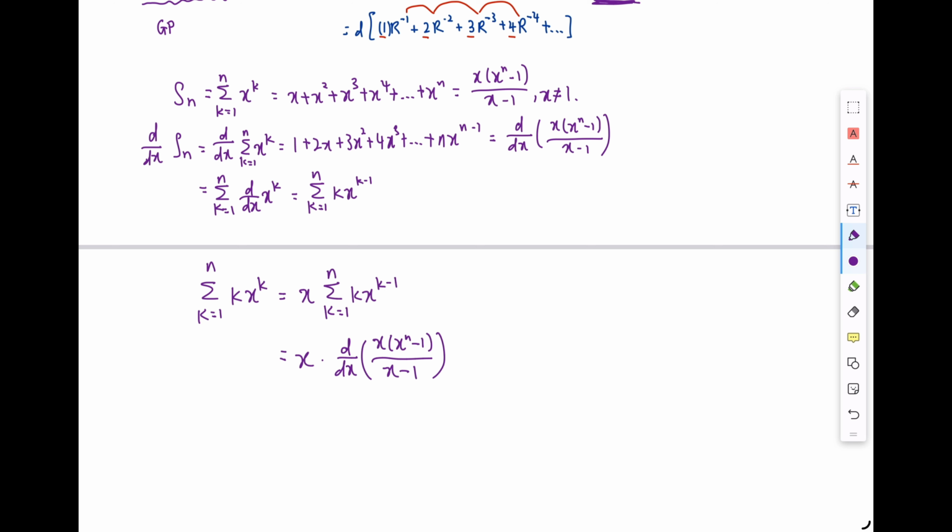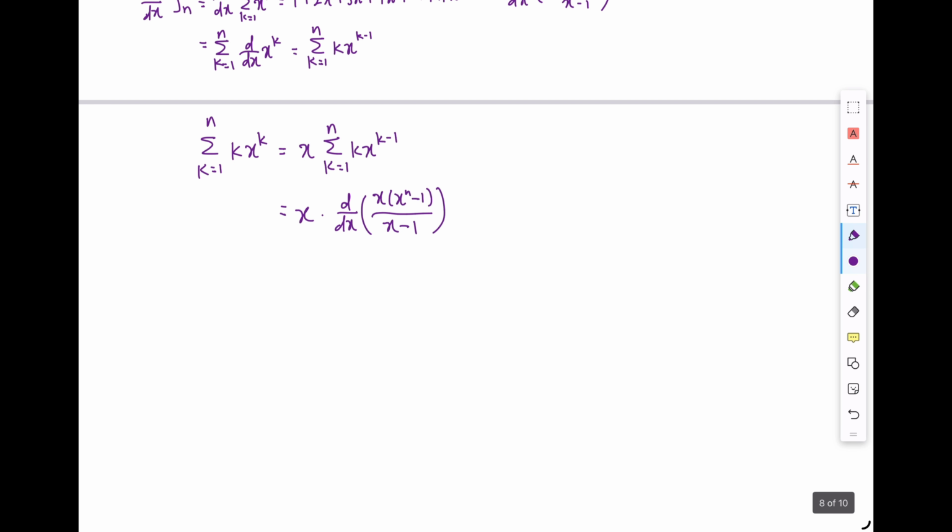Right? And all we need to do is to differentiate this and multiply x to it, which is easy because